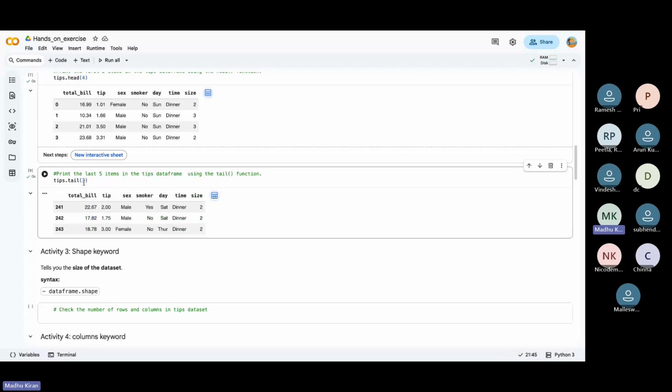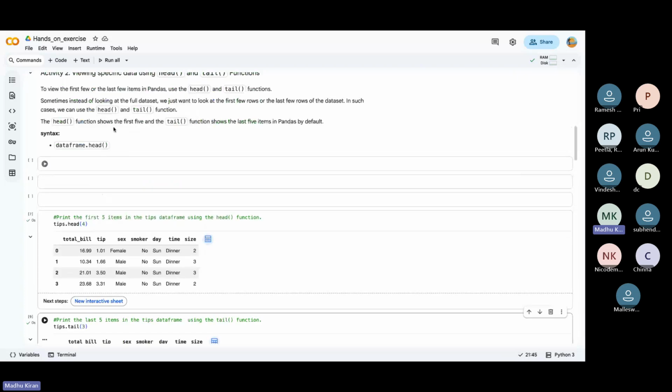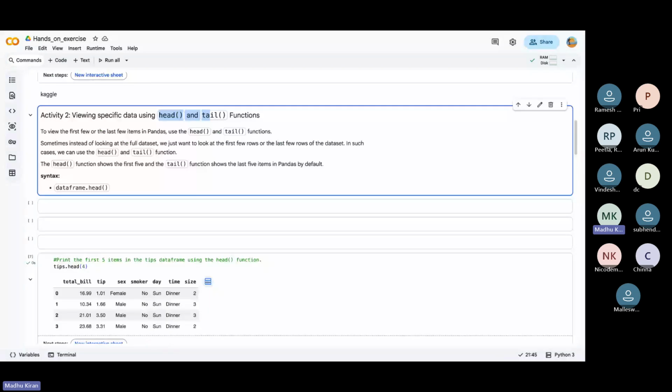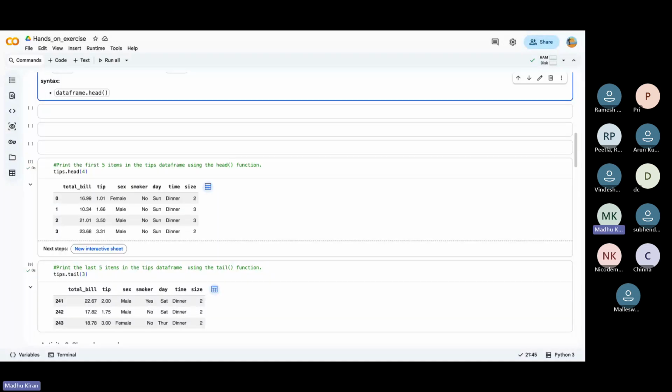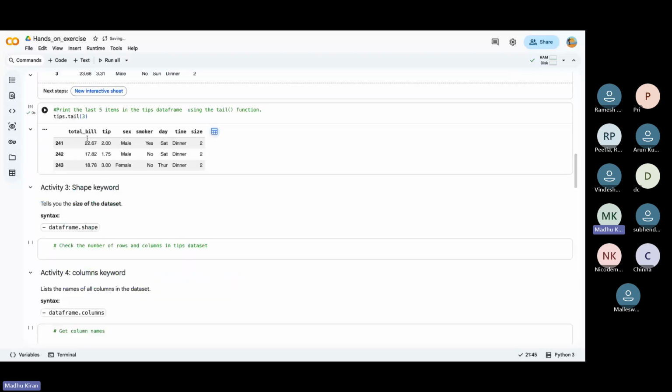That's why Python is famous, because there are a lot of ready-made functions which make our job easy, so that you can concentrate on data analysis, and on learning machine learning modeling more than concentrating on syntaxes. And then if you want to know the total number of rows and columns details,